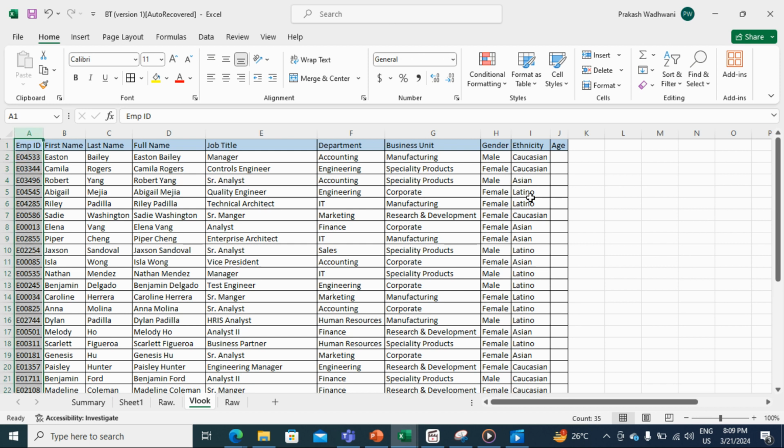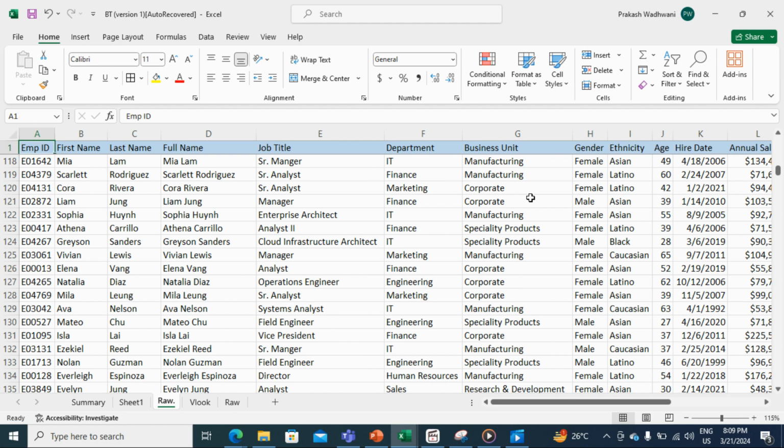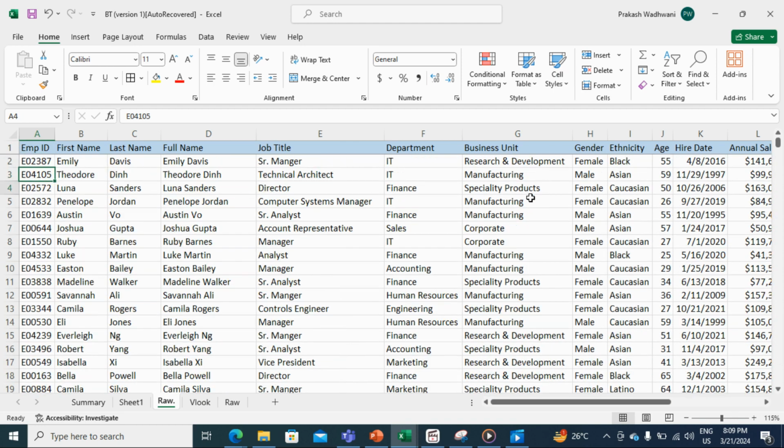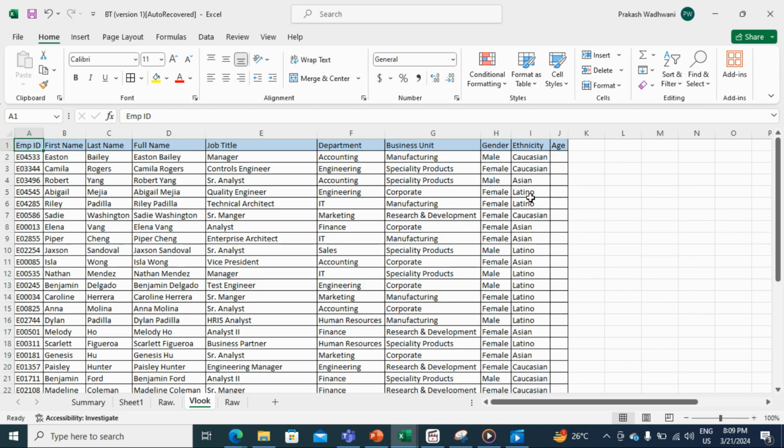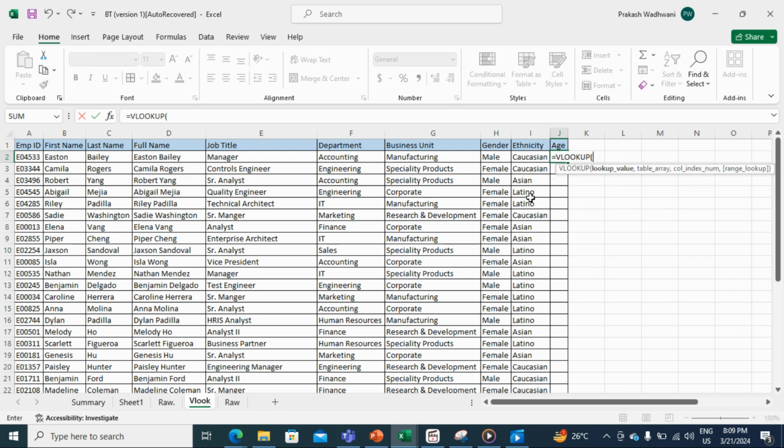I see that the employee ID is there, which is unique because the name can be similar as well. And then when I go to the raw file, I also have the same unique IDs here. So I'm going to take employee ID as the unique. I'll start with the formula with equals to, like every formula starts. So you type equal to VLOOKUP and then